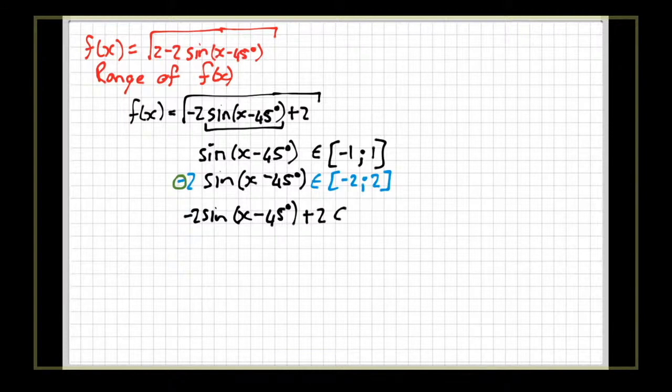So in other words, now I am shifting my whole graph up 2 units. So in other words, now my graph lies between 0 and 4. That is beautiful because we've got a square root. If I now introduce a square root,